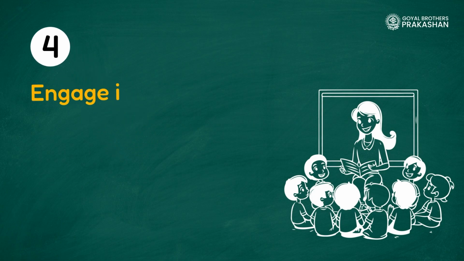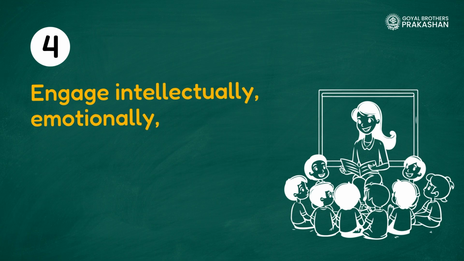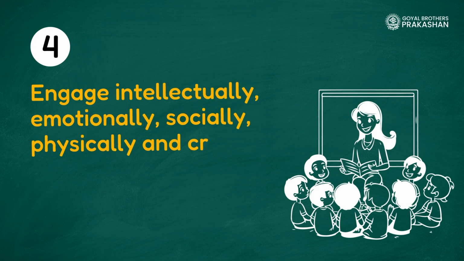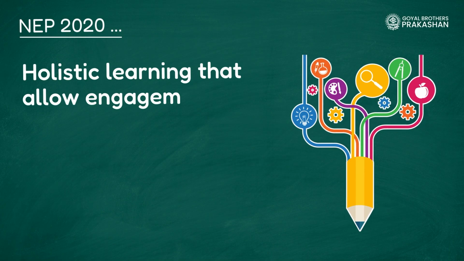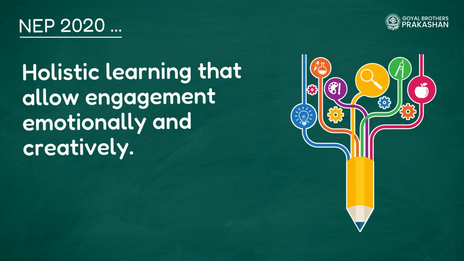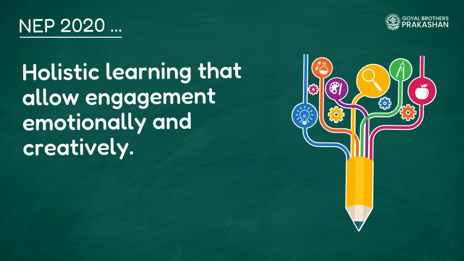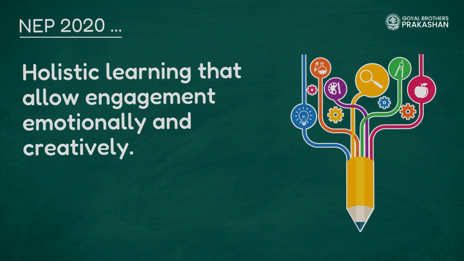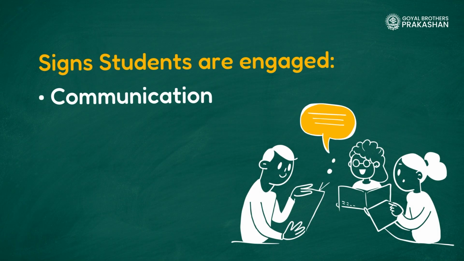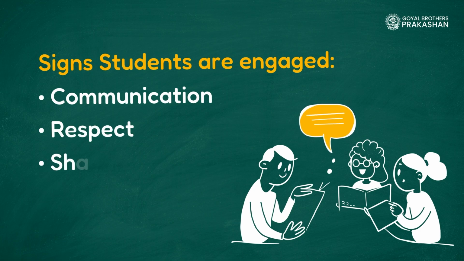Activities should engage students intellectually, emotionally, socially, physically, and creatively. NEP 2020 stresses holistic learning, which means the learning activities should also consider emotional engagement and allow room to expand students' creativity. When students communicate with each other, show respect for each other's opinions, and are willing to share their